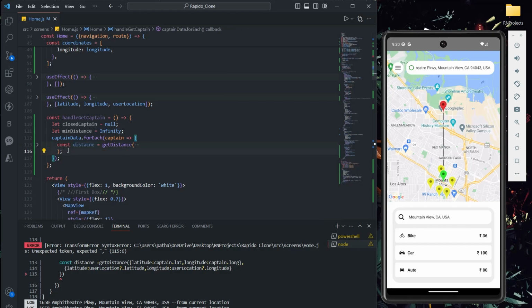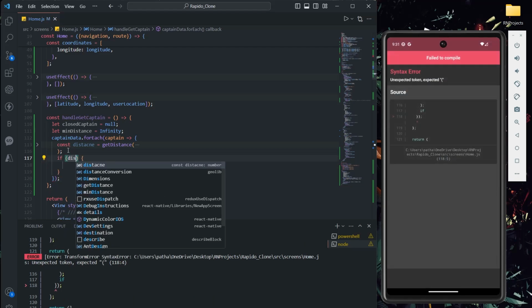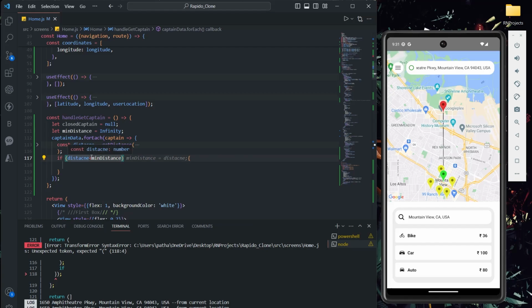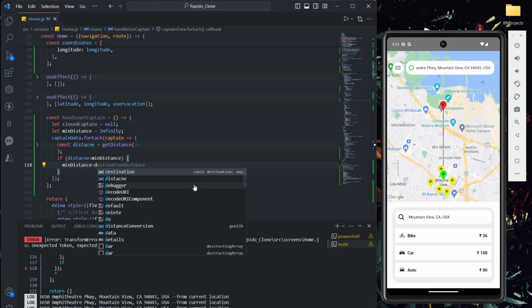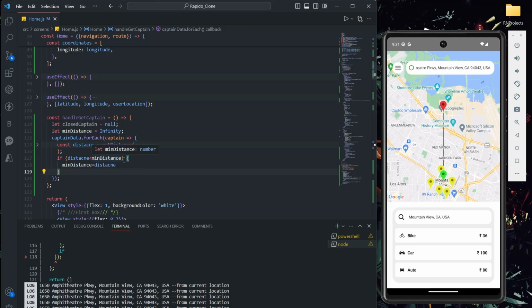Now let me close this here, and if distance is less than minimum distance, initially it will be less, so I'm going to store it in minimum distance equal to distance. I kept the spelling of distance wrong, you guys can correct it. Right now I'm going to keep it like this just to save our time.